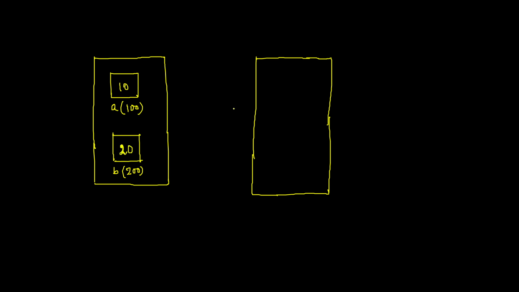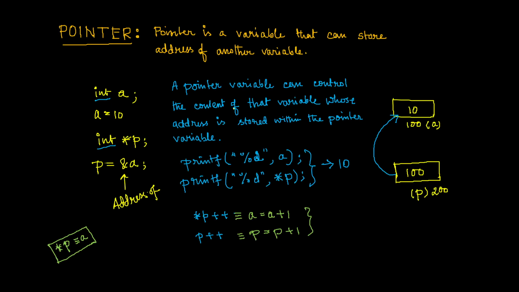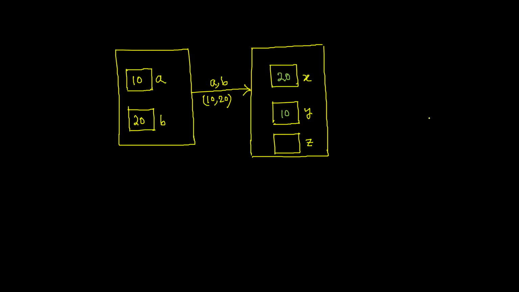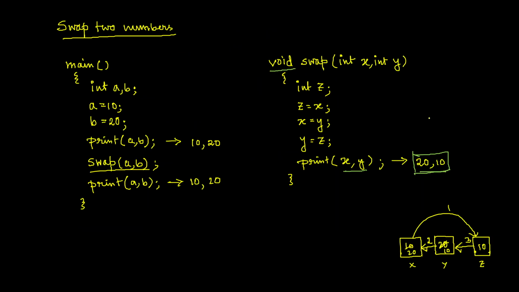Now, since we have an idea about pointers, using a pointer variable we can control any other variable. In that case scope will not matter. Wherever A is present does not matter. A can be outside the scope of this variable P, but since P contains its address, it can control it. So in this program, how can we modify this? Let's write it here again.